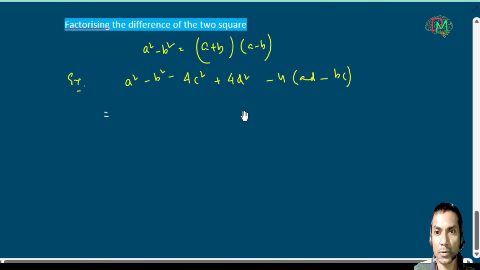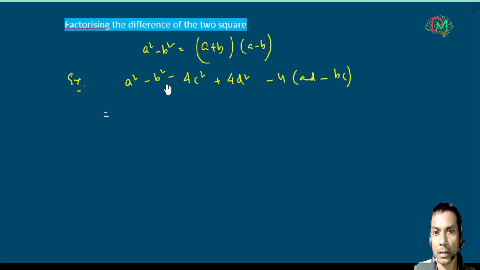We have to change the group, because if we take a square minus b square as a plus b into a minus b, then also it will be different. If we take 2c square minus 2d square, there will be no common factor, so we cannot do anything. First we just remove this bracket,